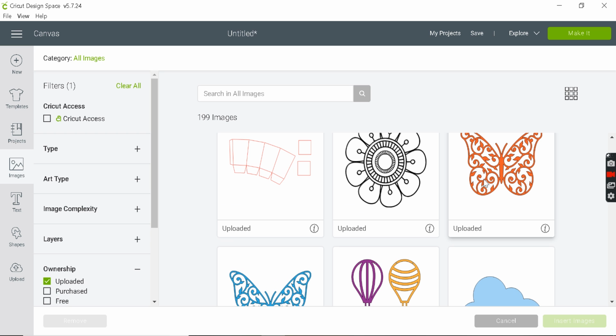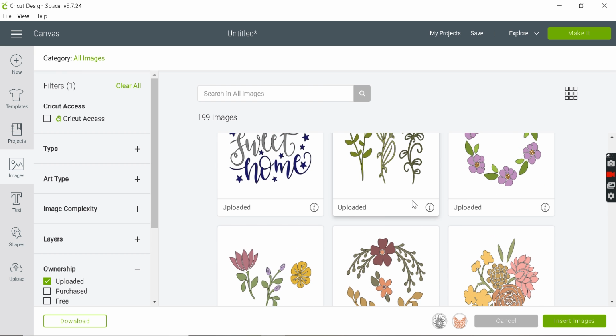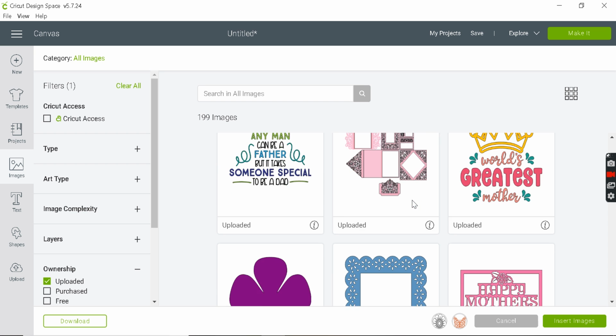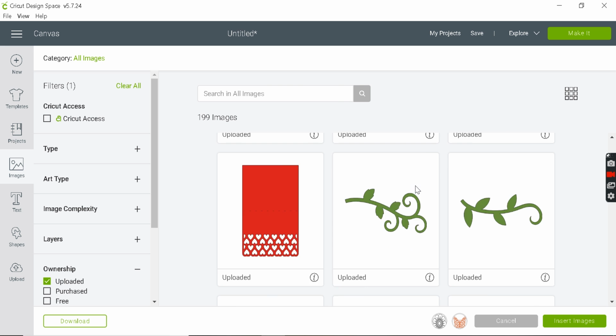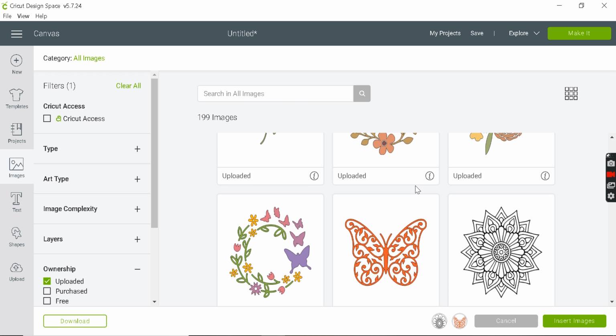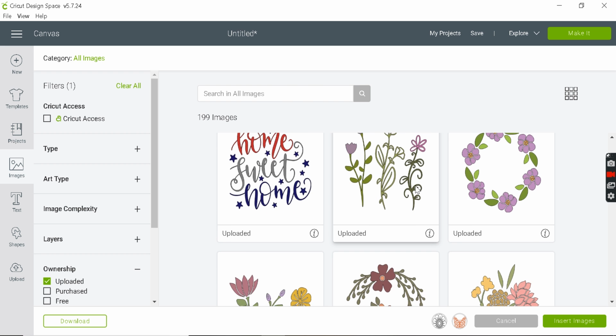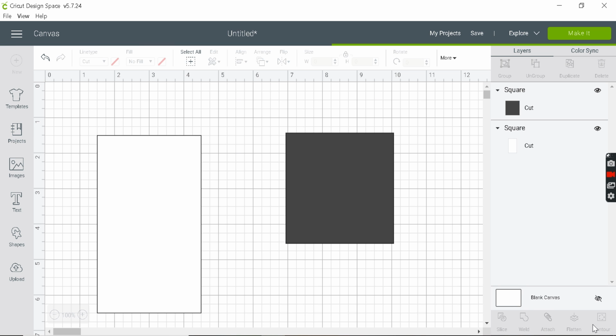Today I'm going to choose 2 designs, a butterfly and a mandala. Let me try another one as well. I guess I'm going to go with some flowers. So I'm going to choose this. We'll be doing 3 different design stencils.